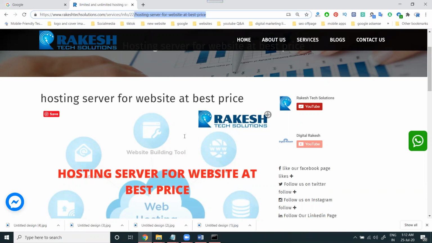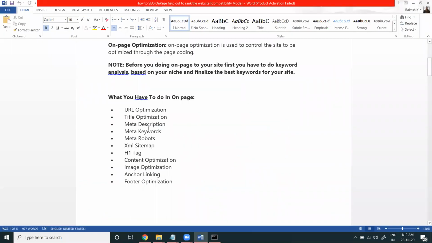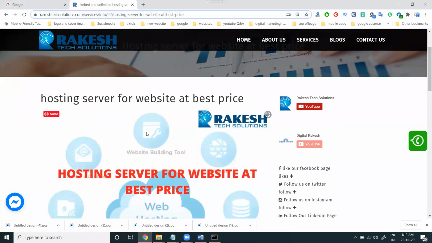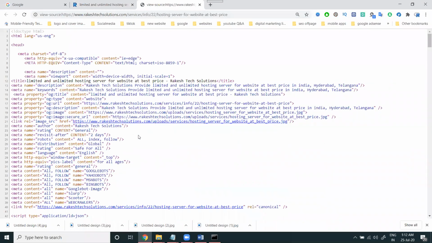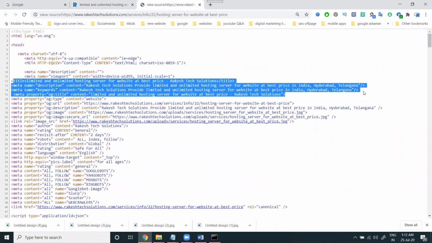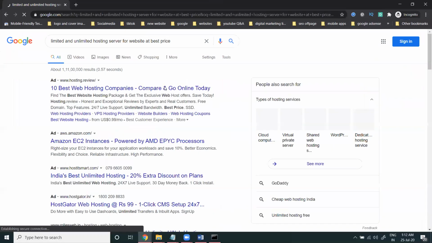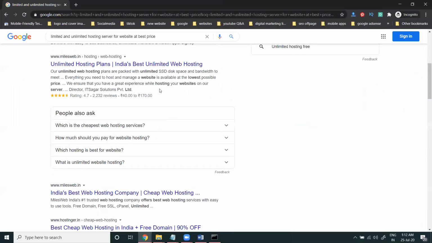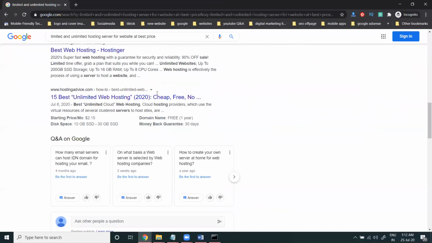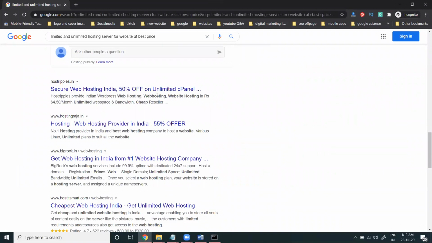Next one, title optimization, meta description, meta keywords. We use a particular title and description option. Title, description and keywords will all be generated for the keyword option. When people search for this particular keyword, they will be shown a number of websites. Same like that, I can show our website also. We can promote in this keyword in the future.